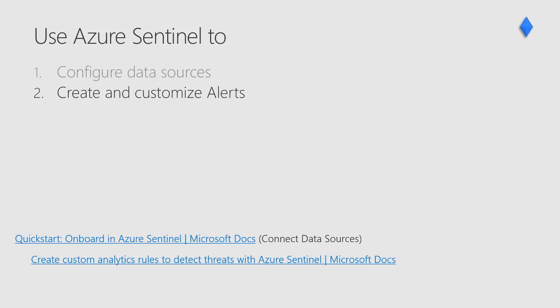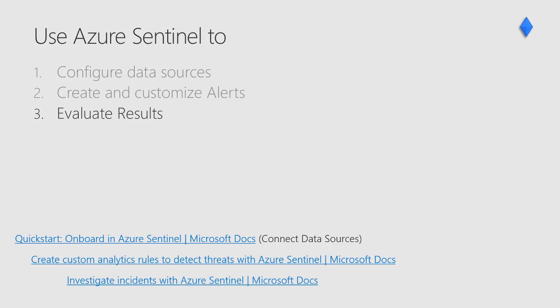Create and customize alerts. Once you've connected your data sources to Azure Sentinel, you can create custom rules that can search for specific criteria across your environment and generate incidents when the criteria are matched so you can investigate them. Evaluate results. After you connected your data sources to Azure Sentinel, you want to be notified when something suspicious happens. To enable you to do this, Azure Sentinel lets you create advanced alert rules that generate incidents that you can